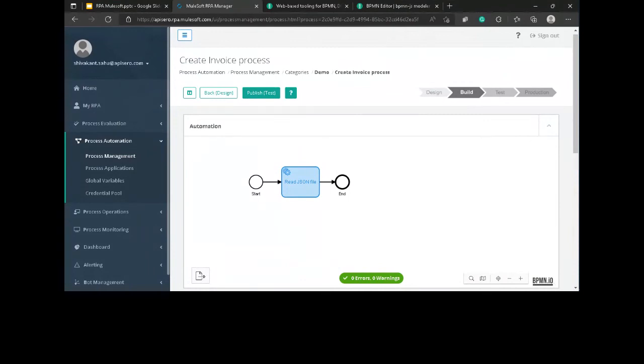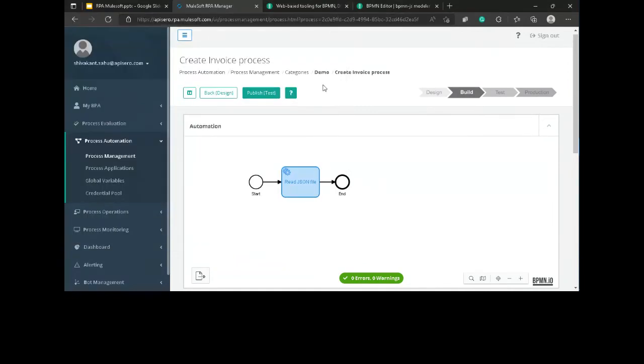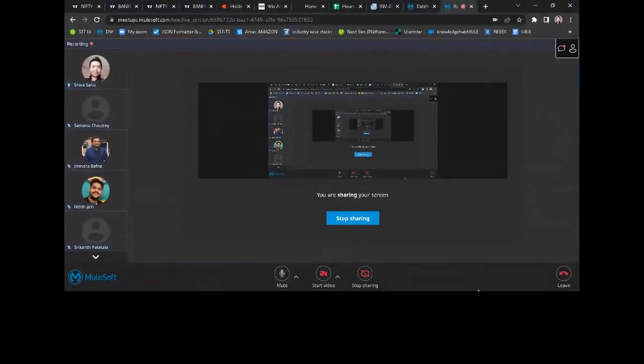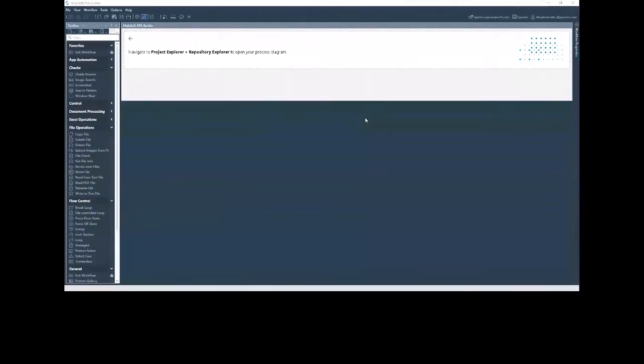Not able to see this. Let me know if you guys are able to see the RPA Builder. Yes, we can see this.